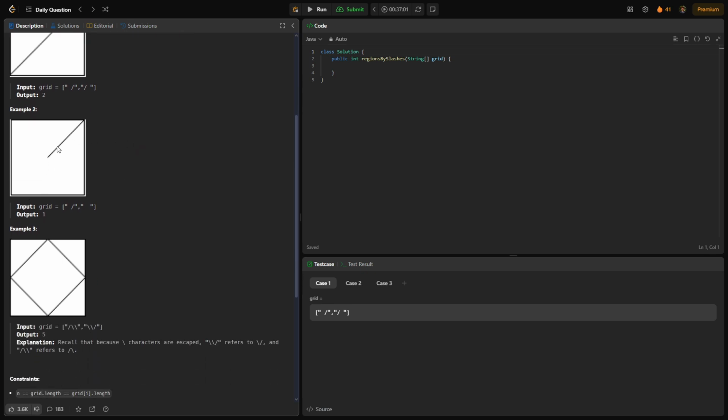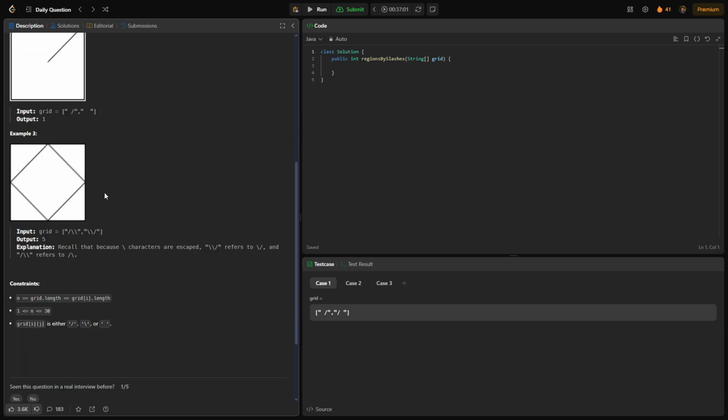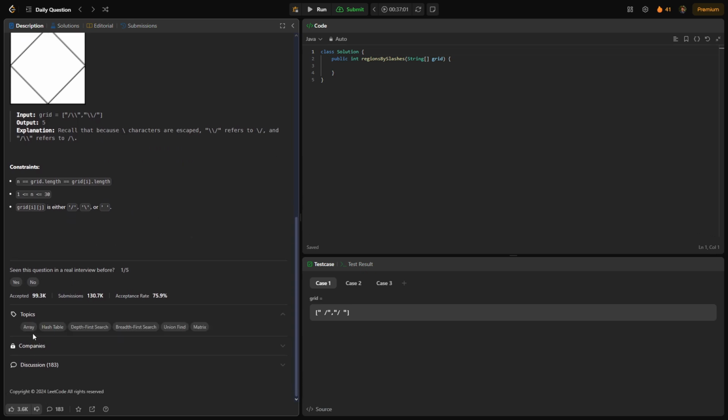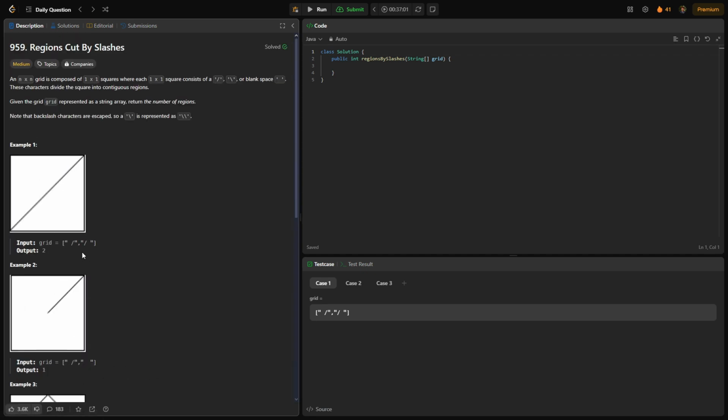Example 2, we only have 1 slash, so all this white space is still connected. Example 3, we have 1, 2, 3, 4, 5 separate spaces, while the slashes make kind of a diamond shape. So the topics for this question are array, hash table, depth first search, breadth first search, union find, and a matrix. So for this problem, it is a very difficult medium problem, but we are going to address it by